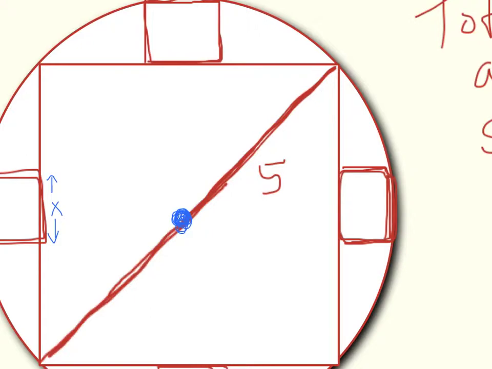And what I'm going to do is draw radii where I possibly can. That's kind of like whenever you have a circle, you want to see where you can draw the radius. So